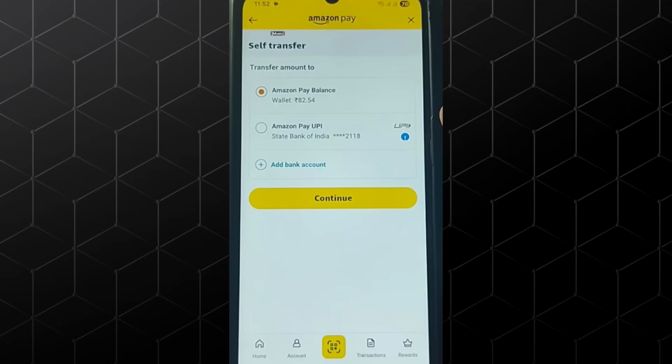On the next page, if you haven't added your bank account before, you'll see an option that says Add Bank Account. Tap on it and carefully enter your bank details, including your account number, IFSC code, and account holder name. Make sure all the details are correct to avoid any transfer issues. If your bank account is already linked, like in my case, simply select the bank account you want to use